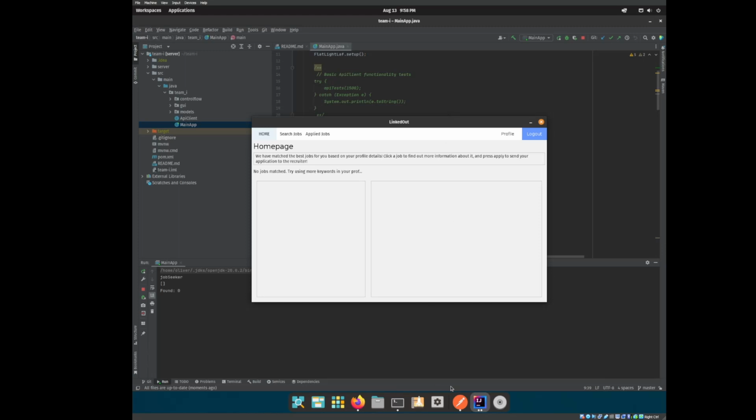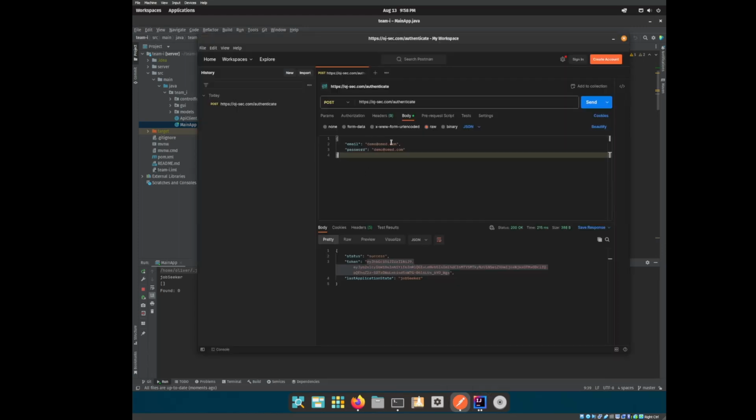If we review the contents of the request that was made invisibly by the application, this is a replication of the request that was made by the application under the hood. If we send this request, we can see that this returned us a status of success, a token for us to use, and a record of the last application state for this user. If we examine the contents of this token,